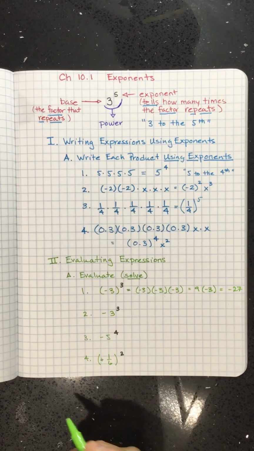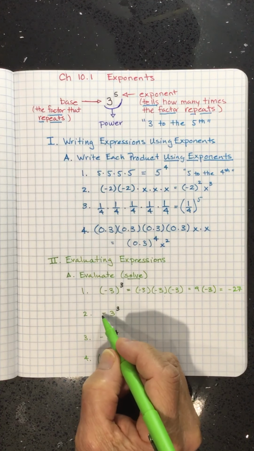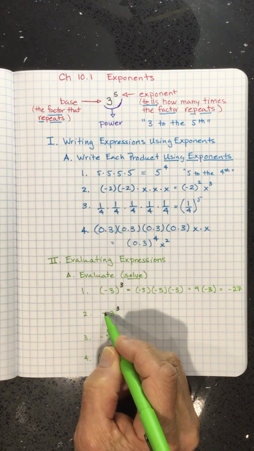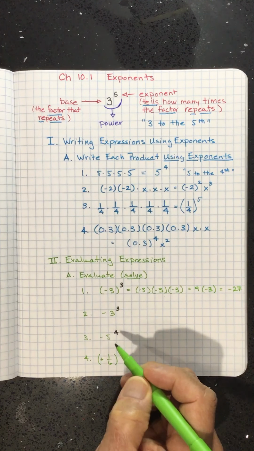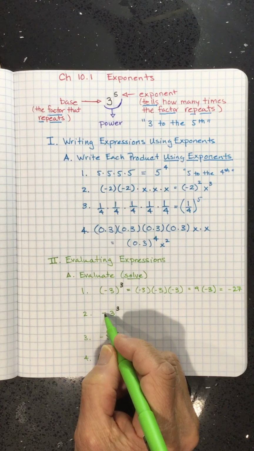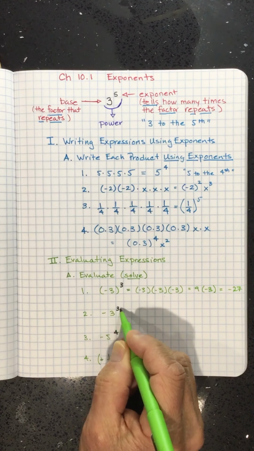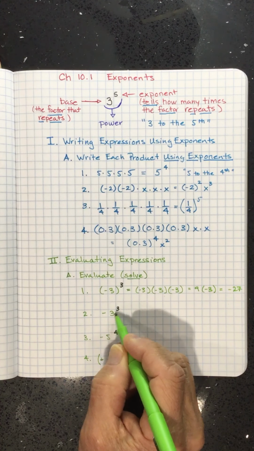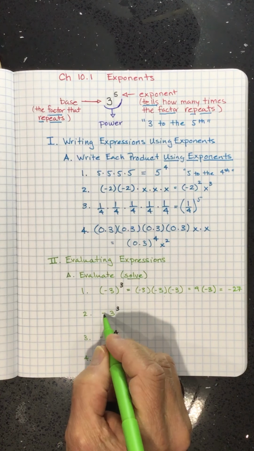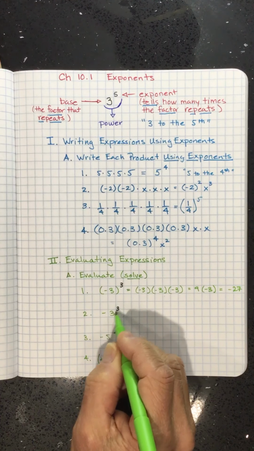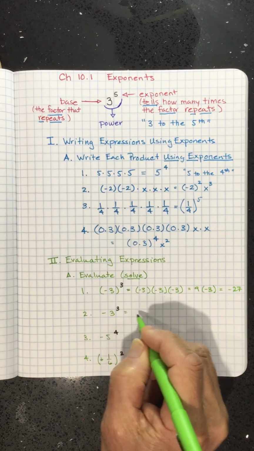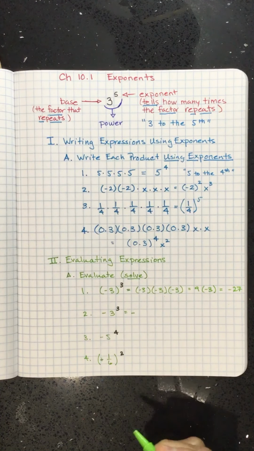Now, on number 2, you would think these are the exact same problem, and they really aren't the same problem, but they do have the same answer, and I'll explain that to you. Here we have the negative of 3 cubed, which means the negative, and this is going to be a hard part to understand, is not being cubed. Okay, the base is 3, so this is essentially -1 times 3 cubed. So when we expand this, it's going to look like this. The negative of